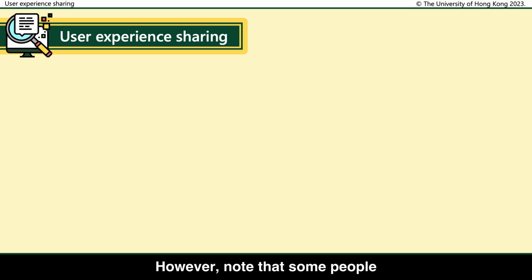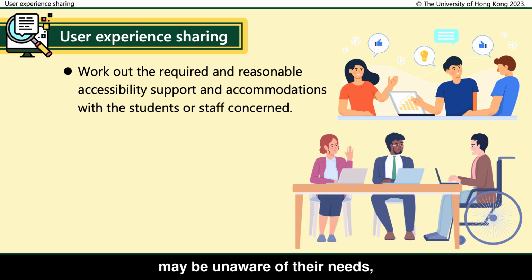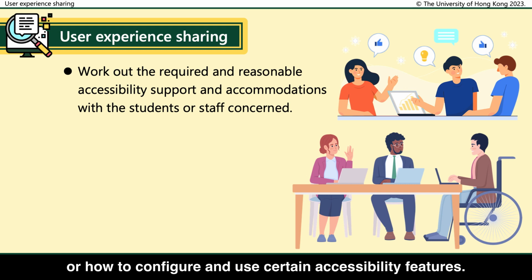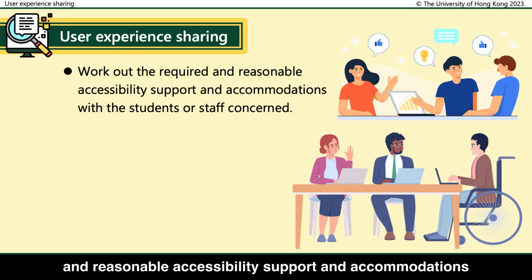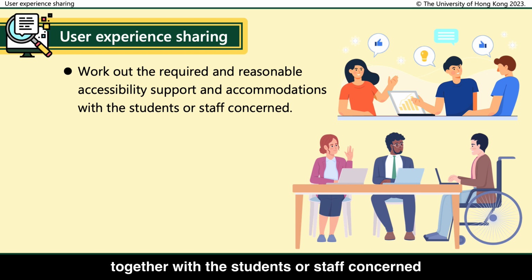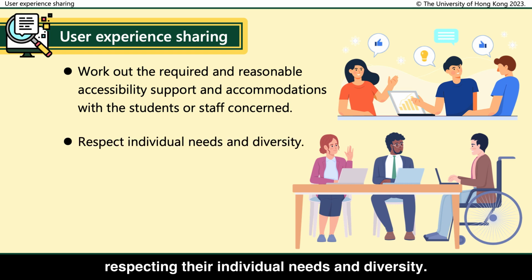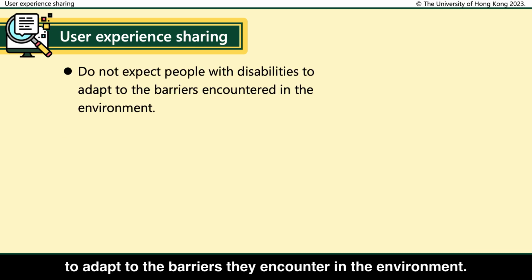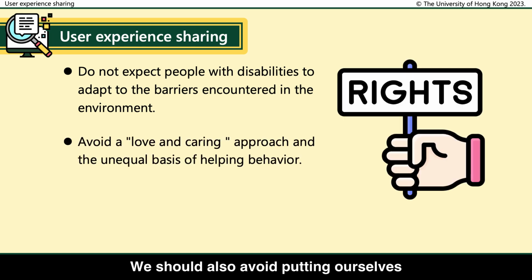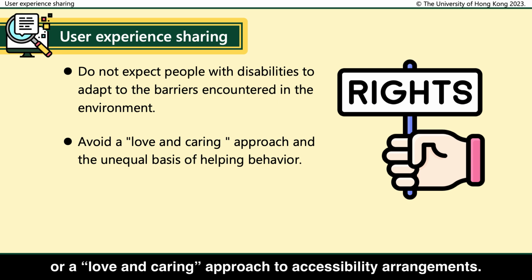However, note that some people, such as people with temporary impairments, may be unaware of their needs, certain accessibility solutions, or how to configure and use certain accessibility features. We should always work out the required and reasonable accessibility support and accommodations together with the students or staff concerned, respecting their individual needs and diversity. We should avoid expecting people with disabilities to adapt to the barriers they encounter in the environment. We should also avoid putting ourselves on unequal footing through helping behavior or a love and caring approach to accessibility